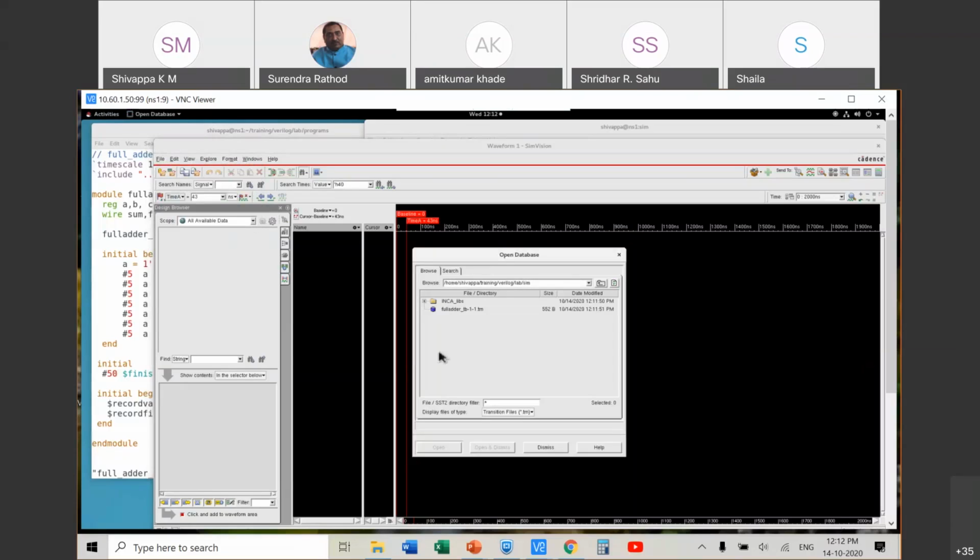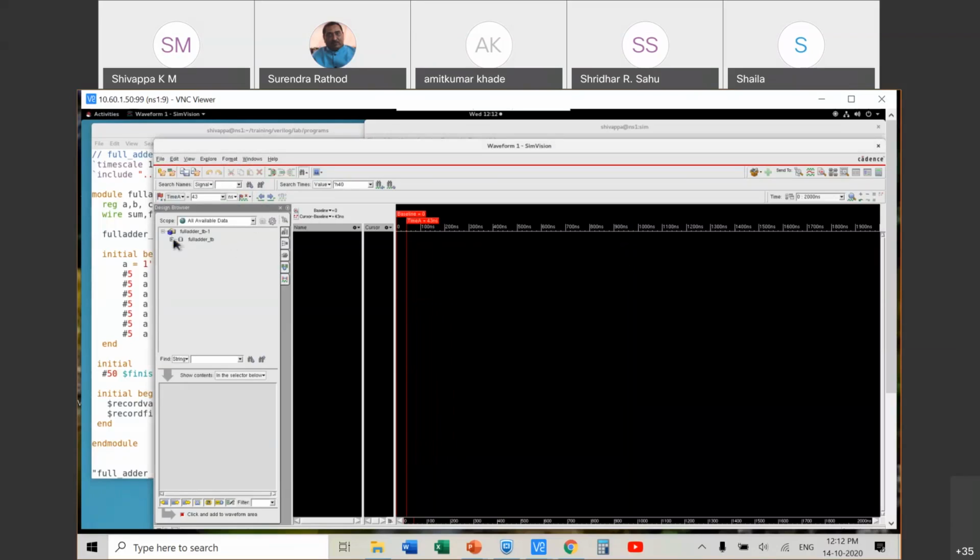Okay, now what is there? Let us see. Oh, directly it came, full adder TB directly. It has picked up full adder, and see this hierarchy of it is showing full adder